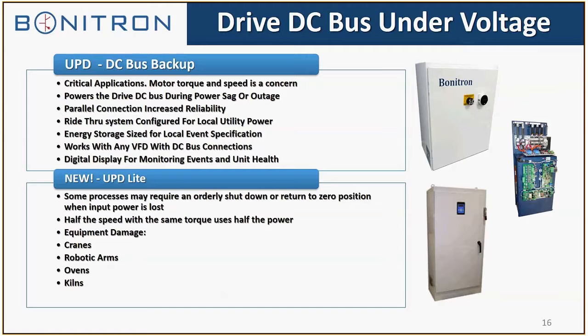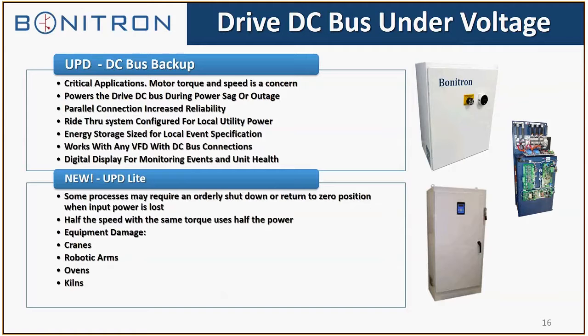We also have been promoting a new type of solution, which is called UPD Light or partial power ride-through. Possibly the customer is only concerned with getting the process or the equipment to an orderly shutdown or zero position, or whatever term he's using. A good example of this is with robotics type applications. Sometimes you don't necessarily want to ride through the event when there's a utility power outage. You just want to bring the equipment back to zero position so it doesn't damage the equipment or cause an